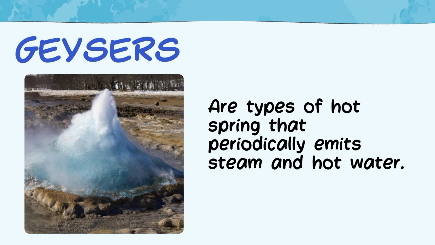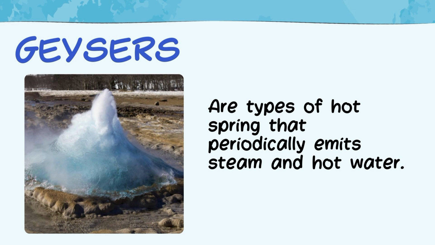Geysers. Geysers are hot springs that periodically erupt, shooting columns of water and steam into the air. This eruption is caused by underground water being heated by geothermal activity, building up pressure until it's explosively released. Geysers also require a specific combination of geological conditions to form. They need a source of heat, usually from magma, relatively close to the surface to heat